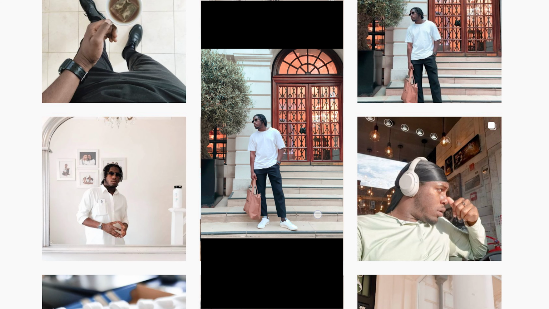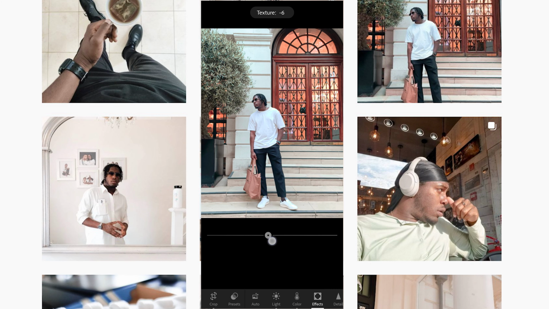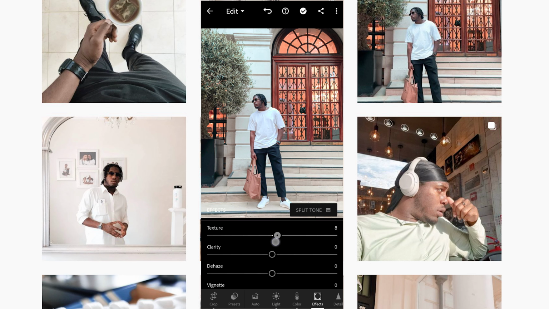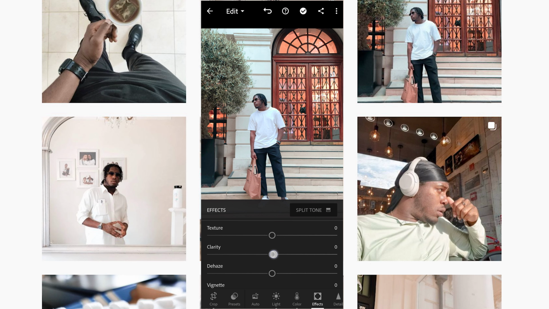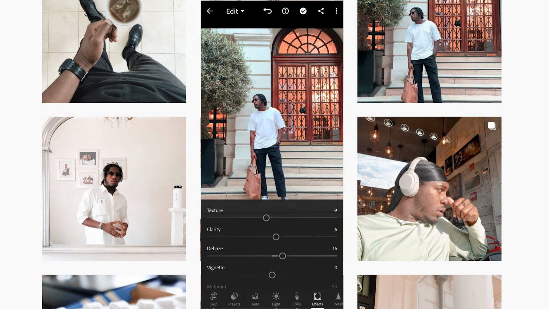All we have to do here is go into the effects, and this is up to you. I mean, texture, it really depends on what you're going for. I usually adjust the texture and clarity in opposite directions, similar to, like I said, with the saturation and vibrance. I think it gives a nice little effect. The dehazing, I don't think there's much dehazing to be done here. If there was any, I may have taken care of it in the contrasting and lighting options, but